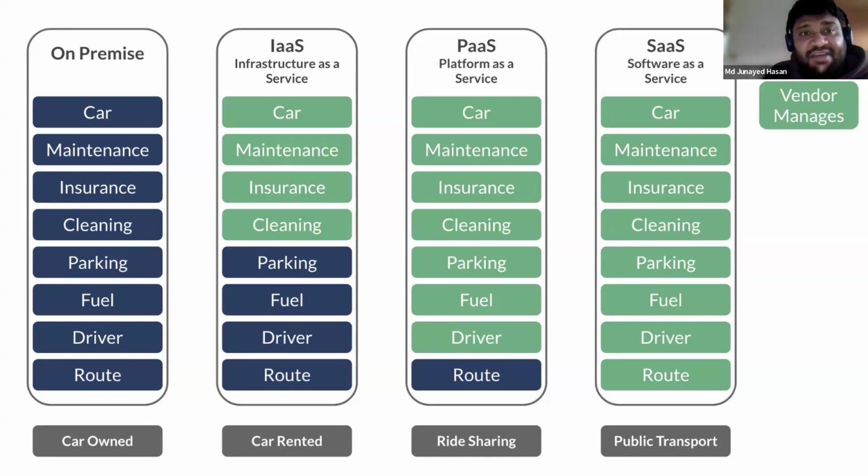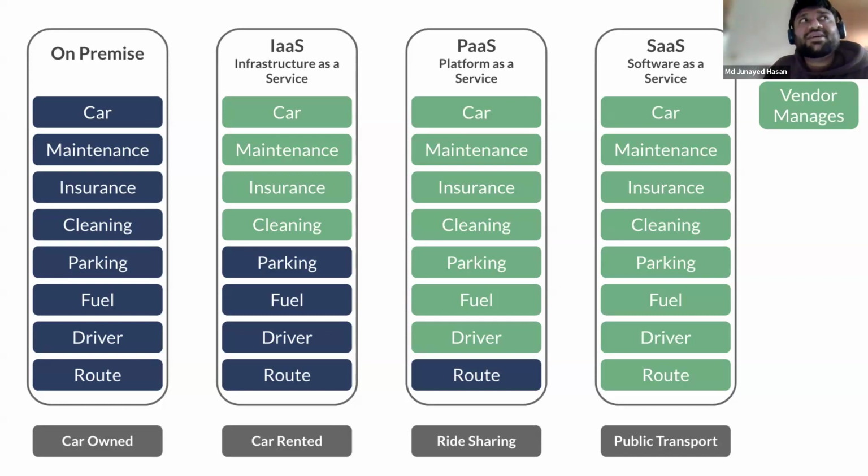However, the driver or the company, Kakao Taxi, owns the car, does the maintenance, gets the insurance, and does the cleaning. So you actually do not pay for those things, right? And you do not keep the car with you all the time. So that means infrastructure as a service, IaaS. Okay. Now, the other thing is PaaS, that is platform as a service. This example could be a ride sharing application, right? Sometimes we can share the ride together, okay?